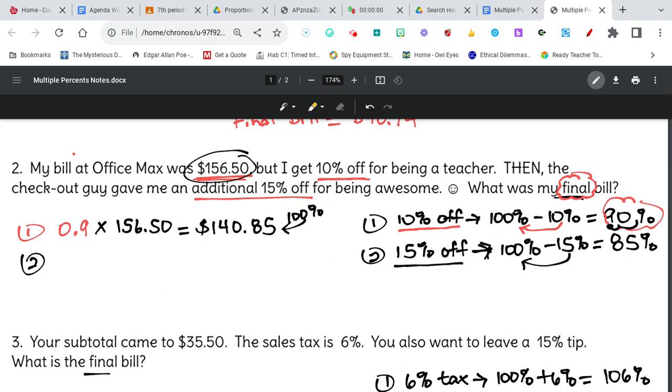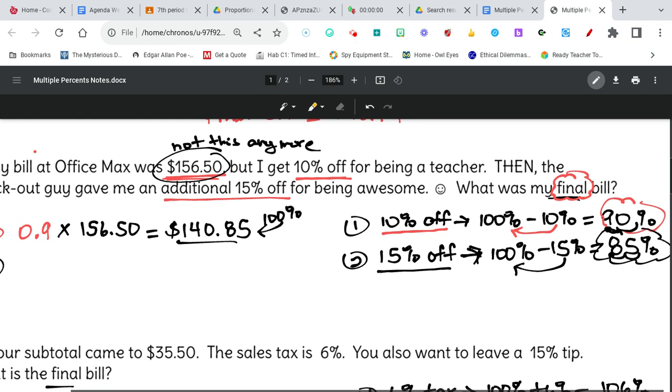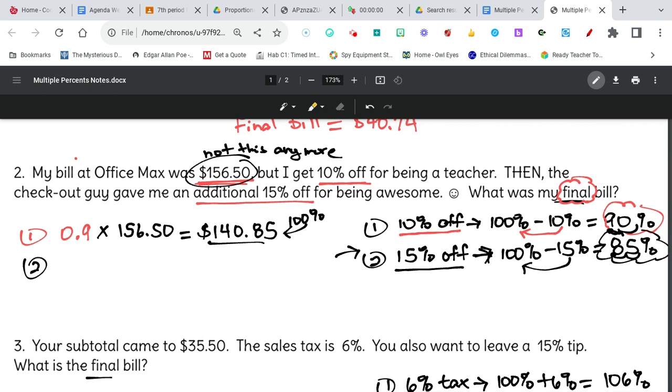Not this anymore. So we're going to take 15% off of that, which means I have to pay 85% of this. Okay, that's slide the decimal 2 places over. And guys, I know I already had this stuff written over here, but make sure you're pausing the video and writing it too. All right, so I'm going to pay 85%